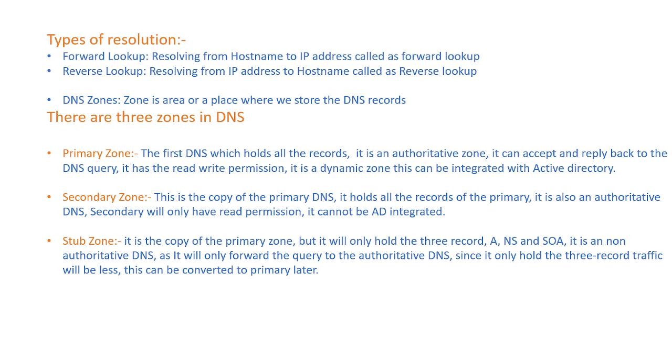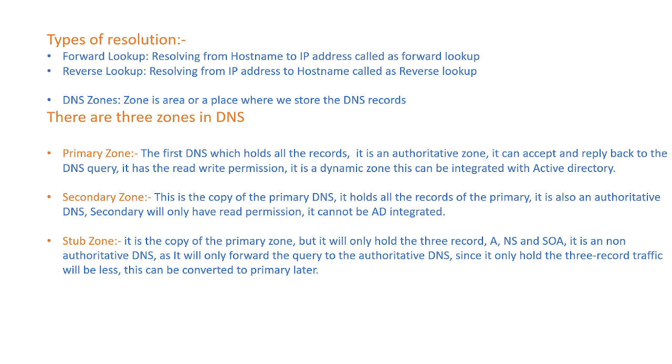This is called start of authority. So what does this record mean? If you have n number of DNS servers in your estate, in our case we have two, one is RDC, another one is ADC, both are DNS servers only. Here I have created some records in RDC, and the same will be replicated to the ADC DNS, the alternate DNS. How frequently that replication happens is called start of authority, meaning how frequently the information will get exchanged between the domain controllers. The refresh interval is called start of authority.